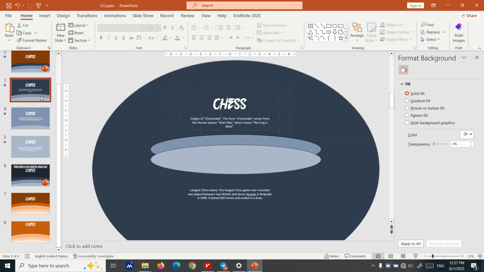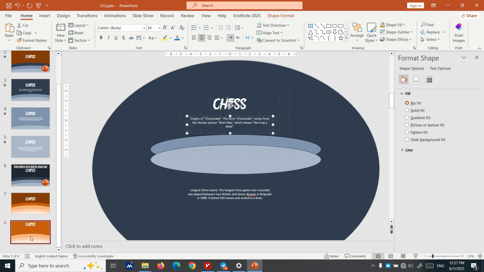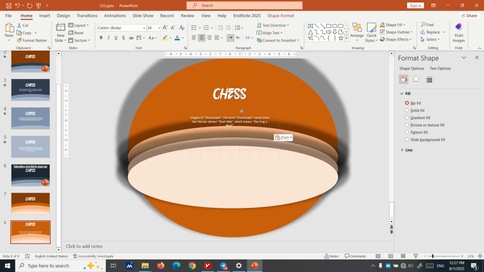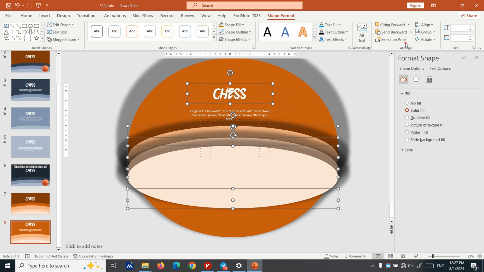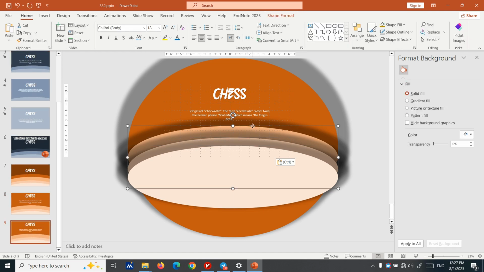We copy the text, paste it here. Okay, it's good. Now we select these three shapes and this chest shape and bring them to front. Then copy this slide,